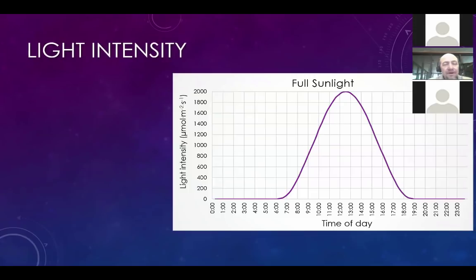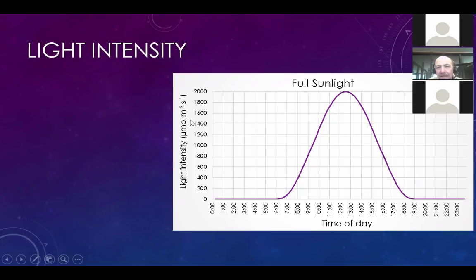So the concept of DLI is one where we take the light intensity that's measured all day long, and we add up all the individual light measurements. And so we'll first look at how light intensity changes throughout the day. The unit that we like to use in the scientific community, and I think growers are becoming more familiar with, is micromole per square meter per second, as you can see on the